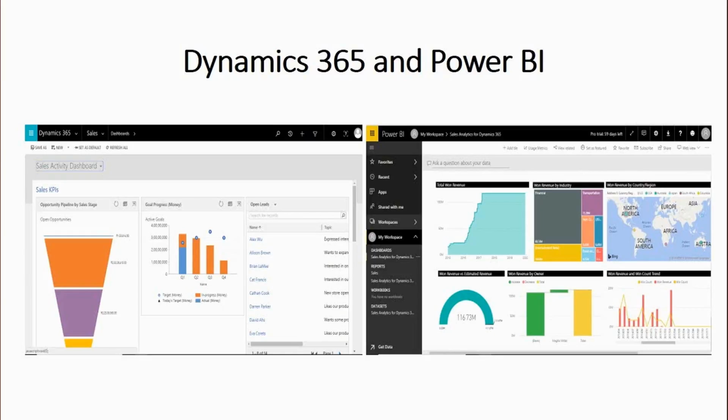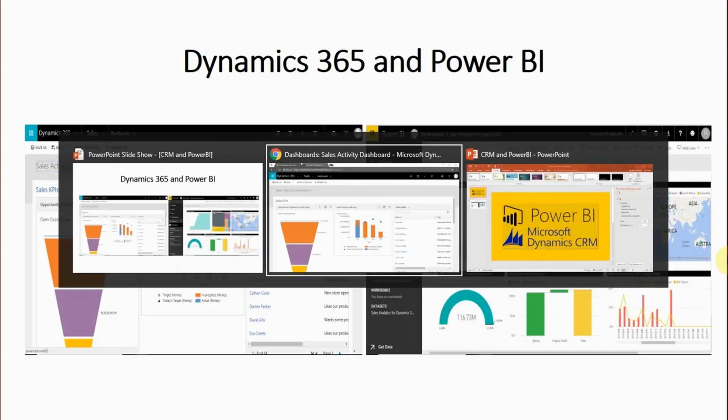Power BI provides user-friendly dashboards and visualization tools with the ability to create intuitive reports that can be easily shared. It also offers predictive analysis capabilities, enabling more accurate trend analysis to respond to evolving market demands. Microsoft Dynamics 365 combined with powerful BI capabilities can help companies gain visibility across the entire business to help drive faster and better business decisions. So let's have a look at how to integrate Power BI and the Dynamics CRM web application.